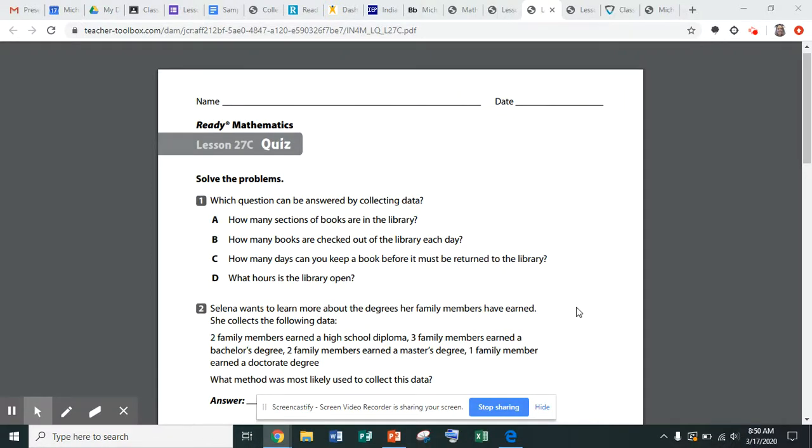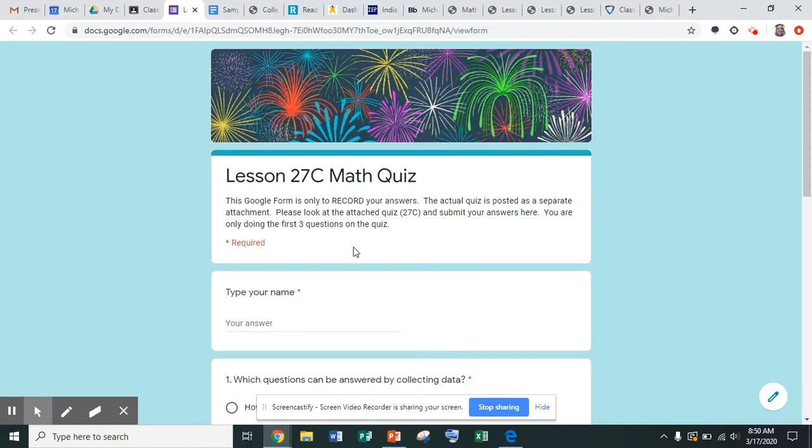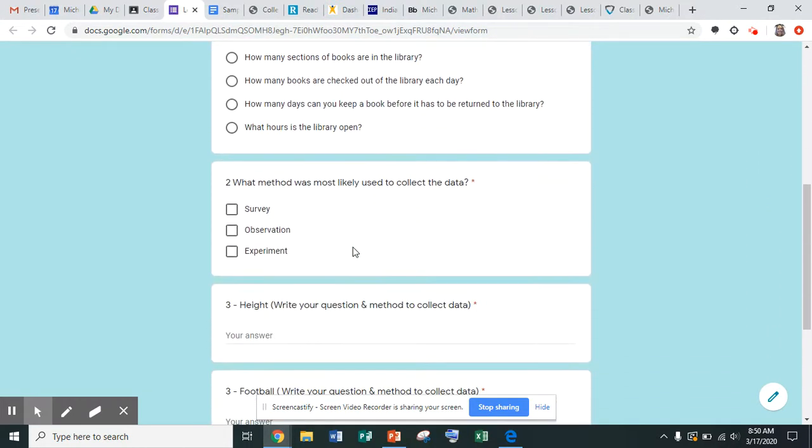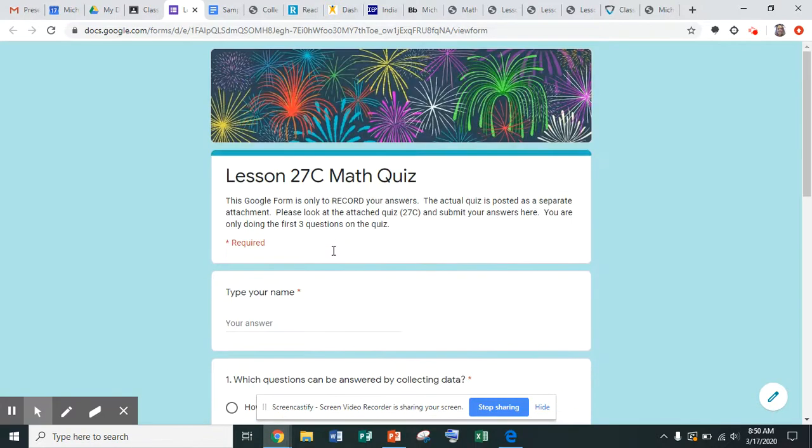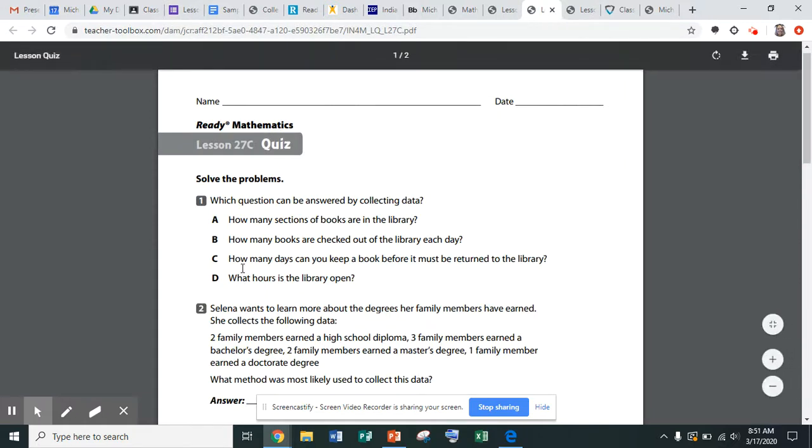Happy Friday again. So this is the second half of our quiz for this Friday. Again, we just finished lessons 27B and 27C. So I already read the quiz to you for 27B, and this is the quiz for 27C. I'm going to have the quiz pulled up so you can see it, but you will be answering your quiz questions on this Google form that Mrs. Davis posted on Google Classroom. So you'll have it right here. But I'm going to read it from the quiz so you can see the